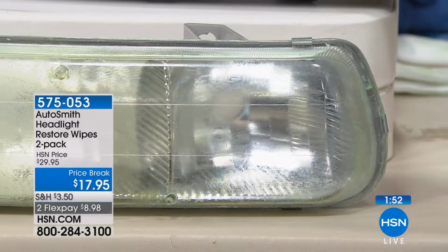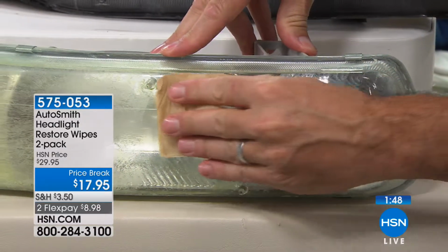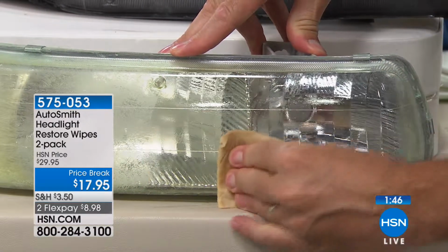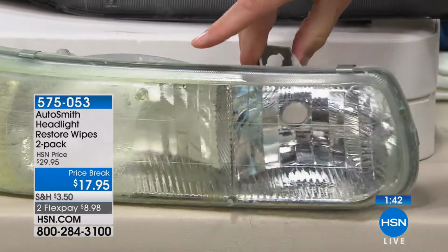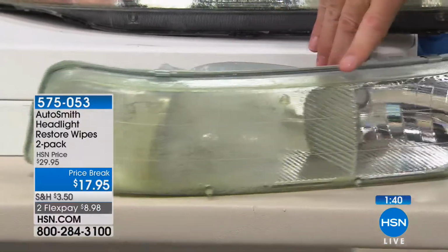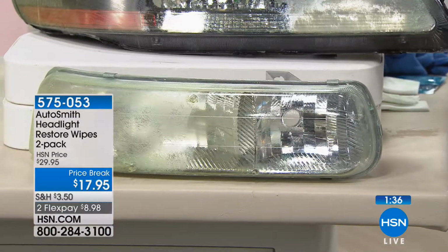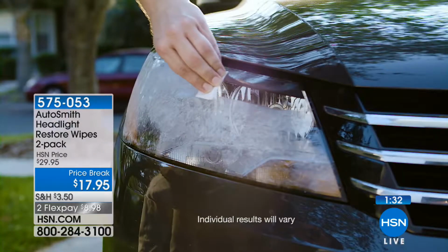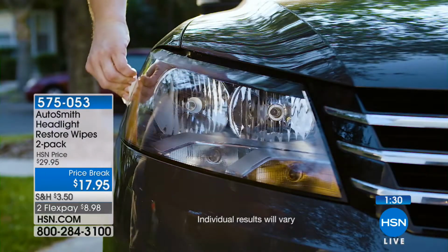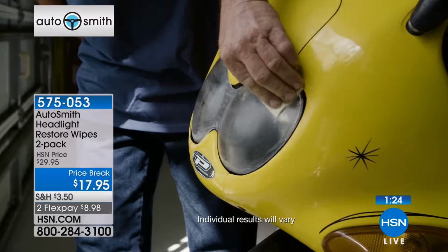By the way, the next time you pass by a used car dealership, look at their headlights. Notice that the cars might be older or used cars, but the headlights look new. What types of products do you think they're using? Exactly. So if you have the issue of the oxidized or the foggy headlights, like we're showing you now,